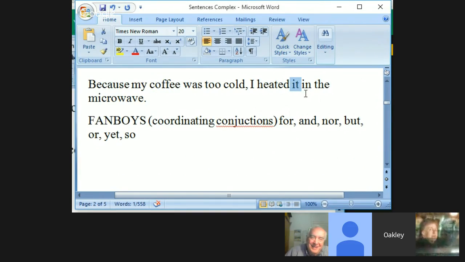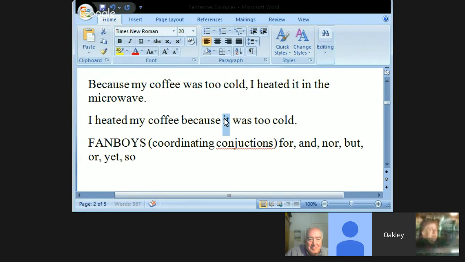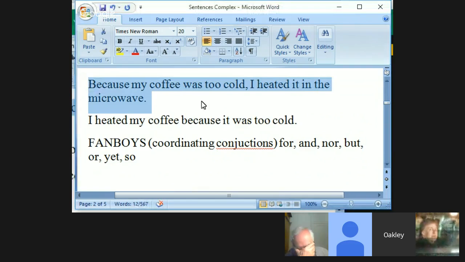What's confusing you is the use of the pronoun, because we're using it after my coffee. If I actually switched clauses, I would have to make another change. Observe: I heated my coffee because it was too cold. I can never have my pronoun it first. So regardless, it's an excellent point, actually. It's an excellent observation. Regardless of how you construct your sentence with the dependent or the independent clause first,